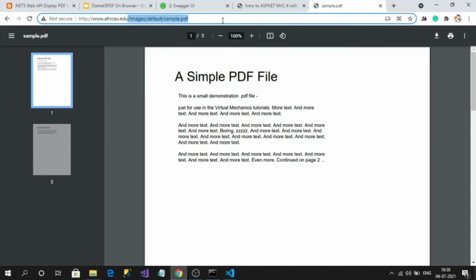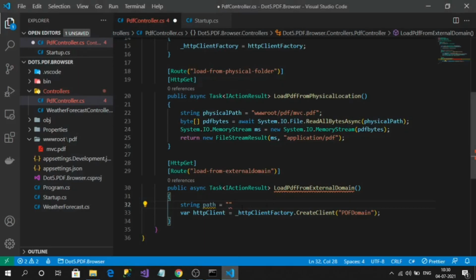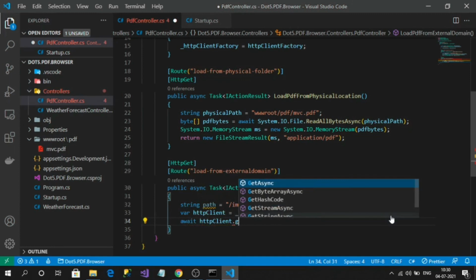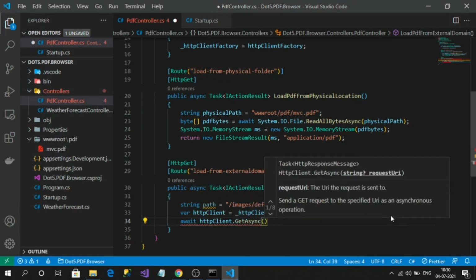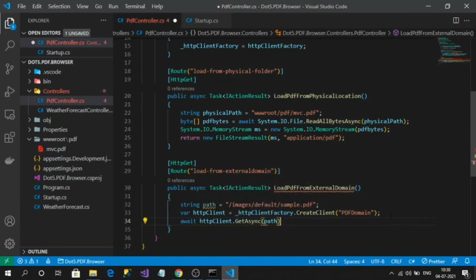Simply defining the path is enough because the HTTP client instance we are creating here will contain the base domain. So I am only defining the path, just the path. The domain will be taken care of by the HTTP client instance. So now await HTTP client GetAsync and pass the path.